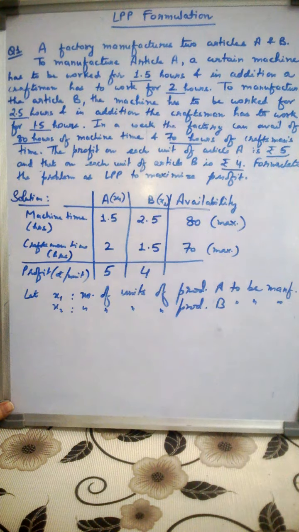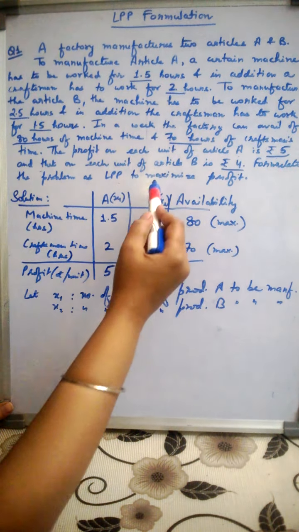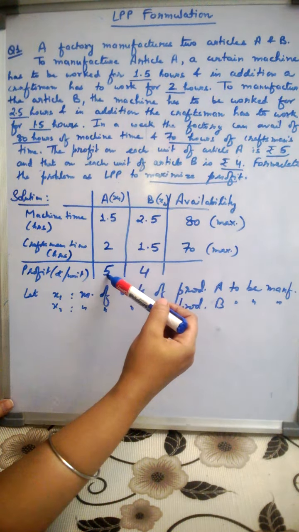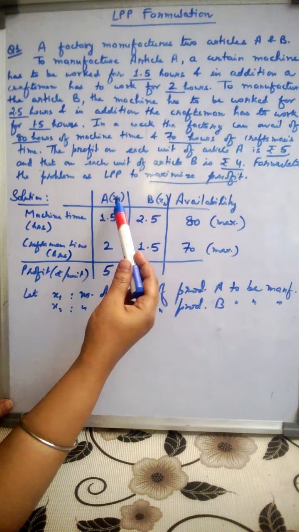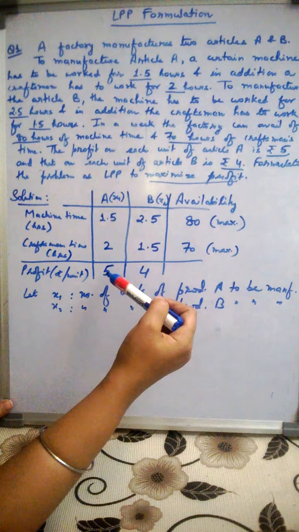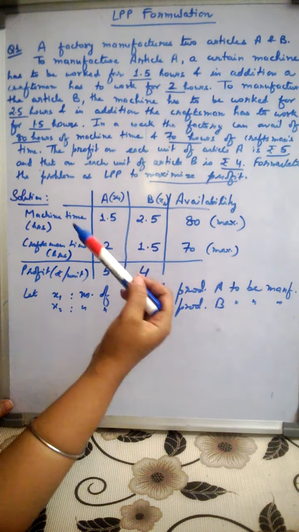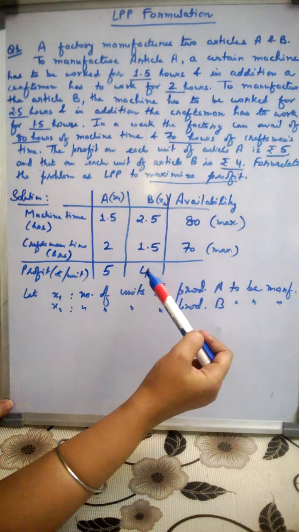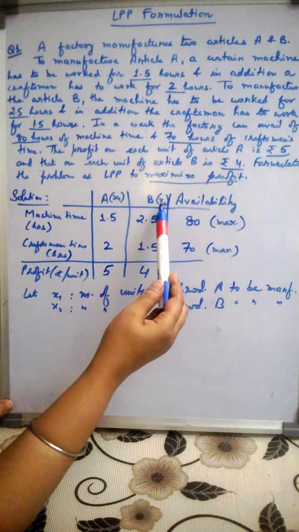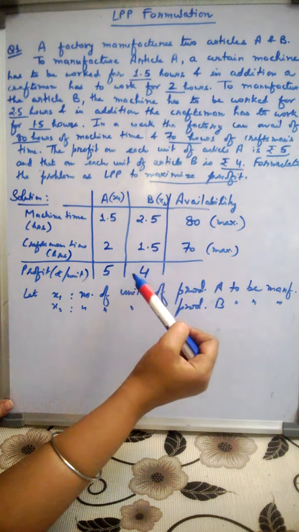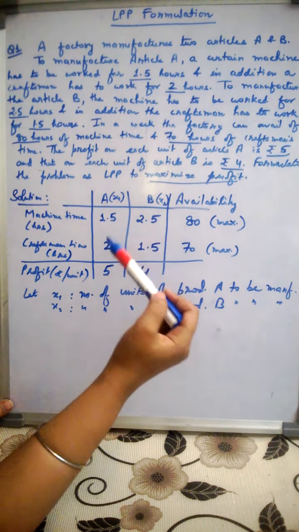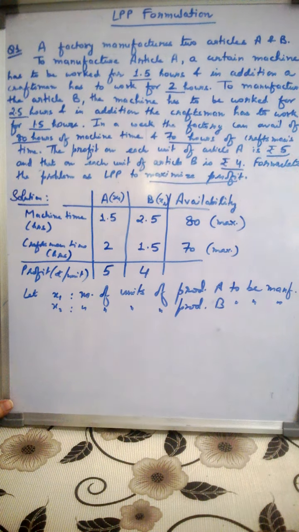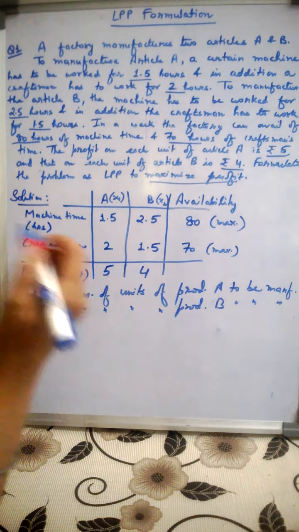Okay. Now what is the objective? The objective is to maximize the profit. Now 1 unit of product A is giving a profit of 5 rupees. So if the company is producing x1 units, what is the total profit earned by selling x1 units of A? 5x1. Similarly, the company is earning a profit of 4 rupees on 1 unit of B. So if the company is producing x2 units of B, the total profit fetched by selling x2 units of B is 4x2. So what is the total profit earned by the company by selling x1 units of A and x2 units of B? It is